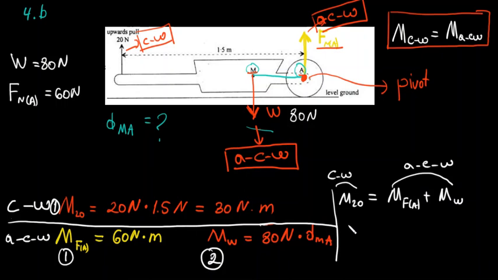So I can write 30 Newton meter equals 60 Newton meter plus 80 Newton times